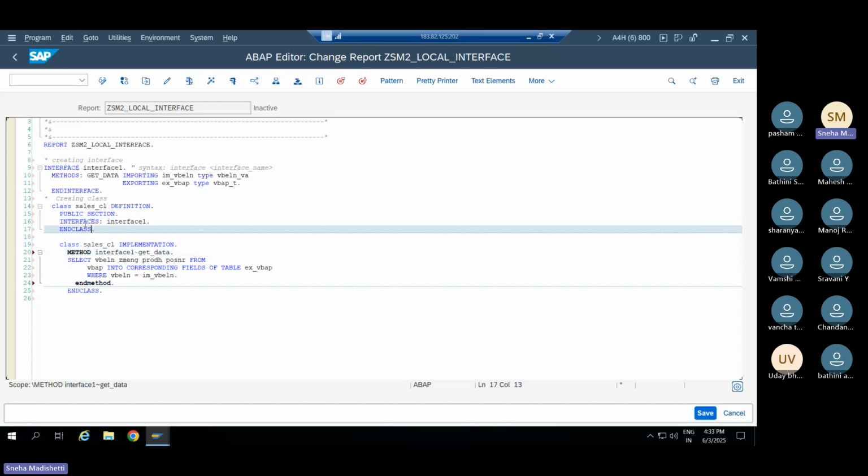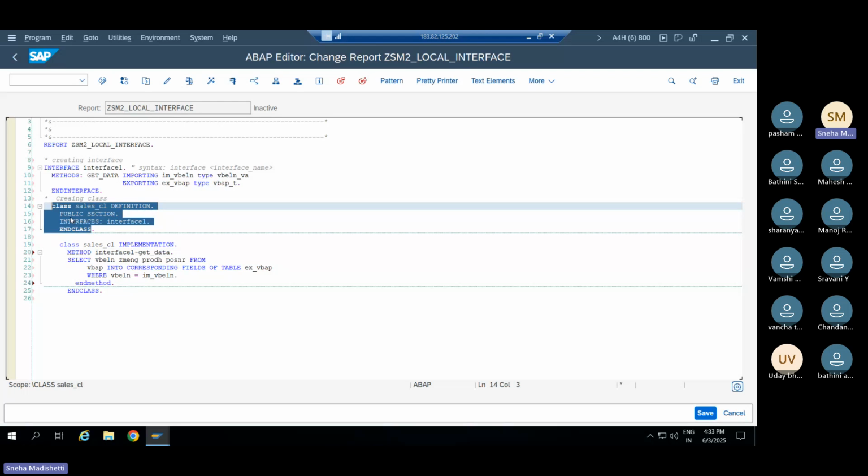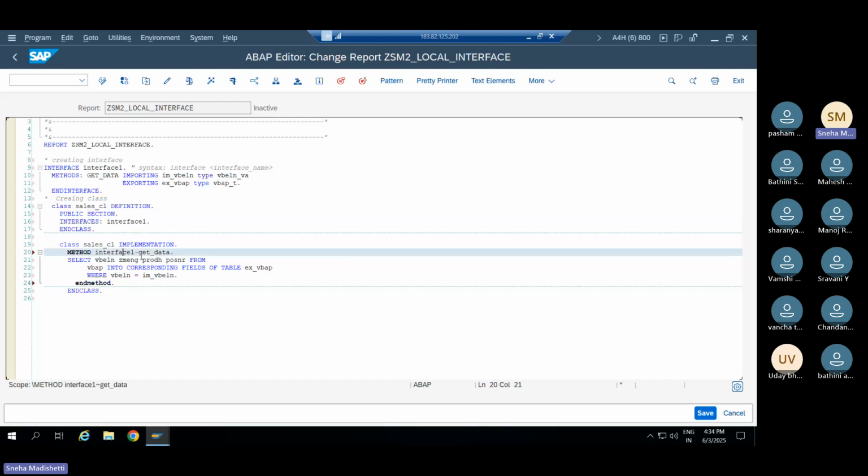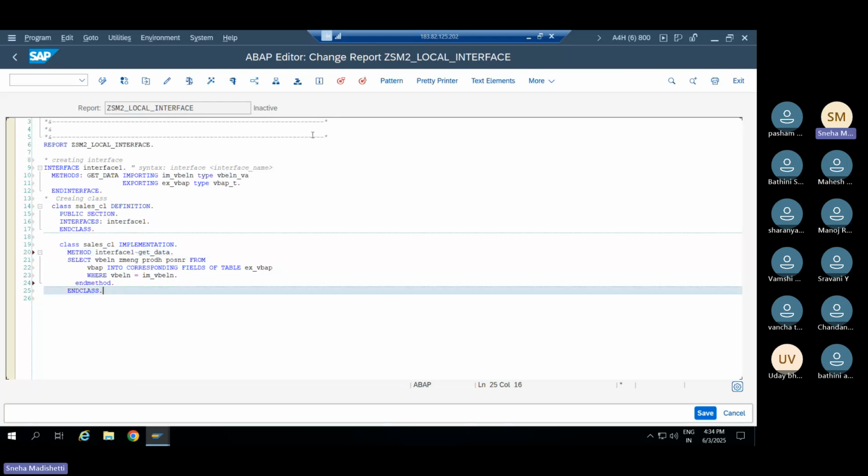Look at this logic here. I haven't written anything related to the method. I just gave the interface name. So that is the reason the system cannot understand if you write GET_DATA directly. It exists in this interface, so you need to specify the interface name. And once it is done,